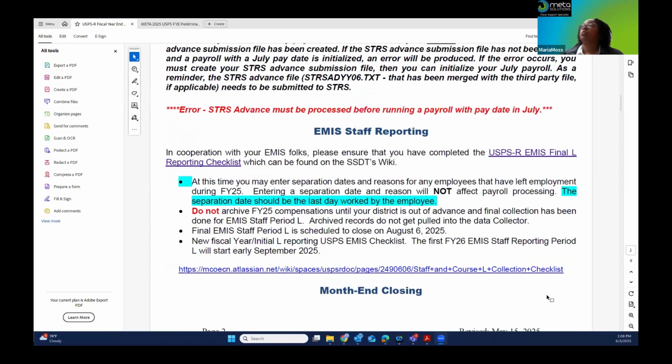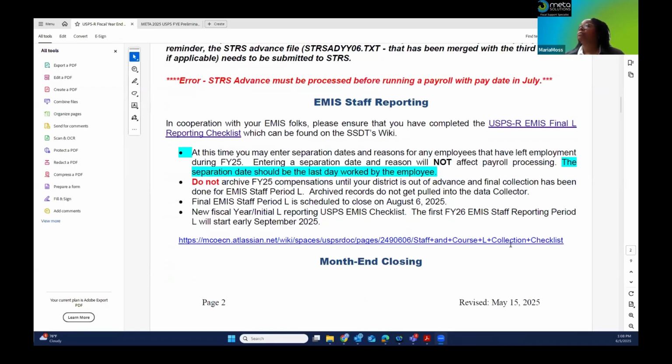Okay, moving to EMIS reporting. Just make sure you're coordinating with your EMIS department, and that you're making sure that you have completed your final L reporting checklist. And there is a link to get to that.